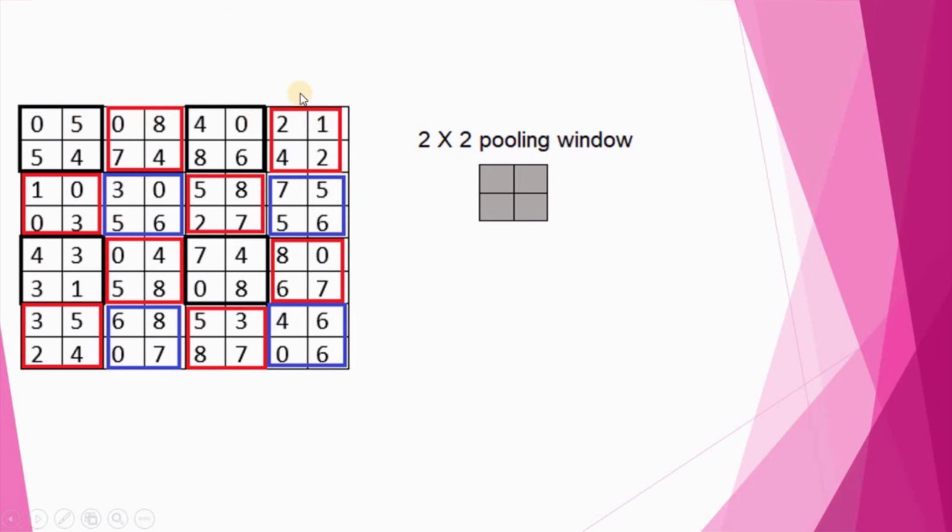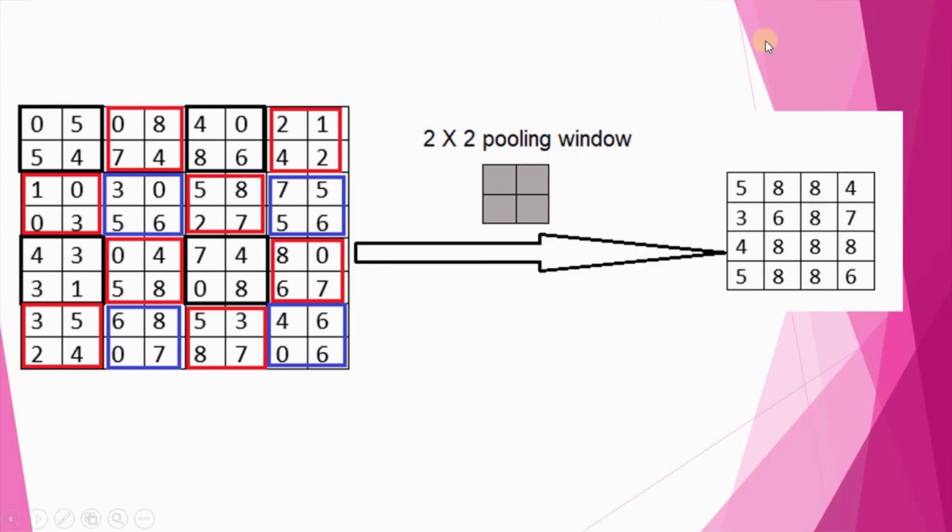So it reduces the dimension of the matrix. This is our output matrix. You can see here this is 5, the maximum value in this region, and the maximum value in this region is 8, so here is 8. In this way this step reduces the dimension of a matrix. Now it is a 4 by 4 matrix, whereas initially it was an 8 by 8 matrix. And if your matrix is, suppose, 7 by 7, then you have to select the maximum value from only 2 values, like 2 and 4, like this. So this is about pooling.